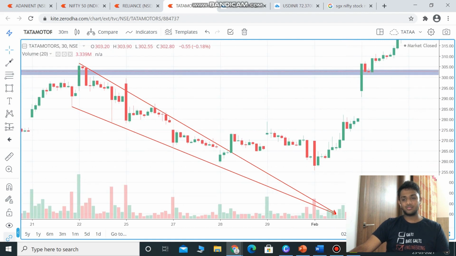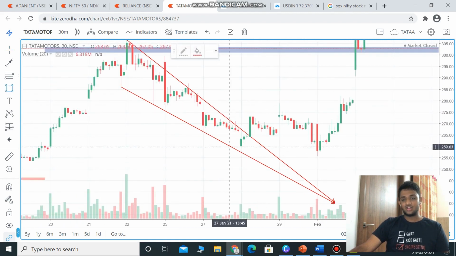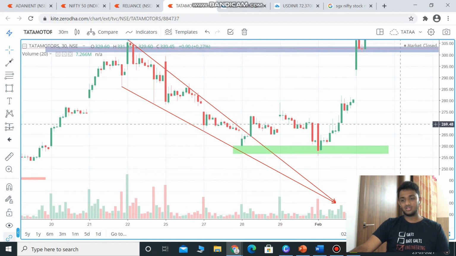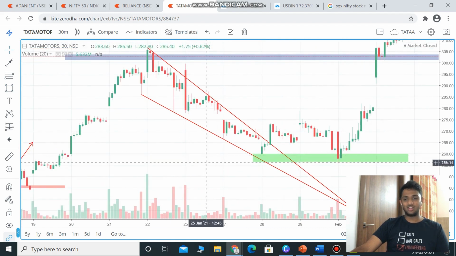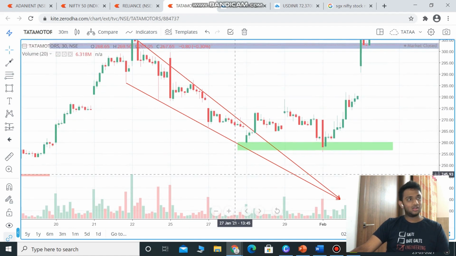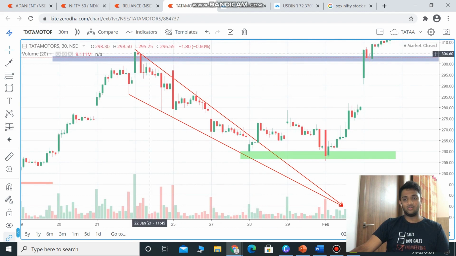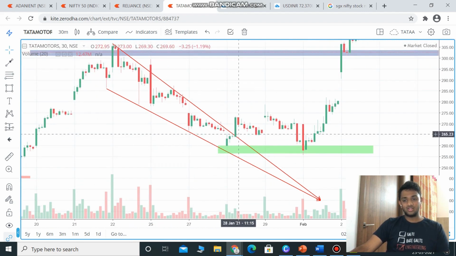Once you find a good support, okay, I'm sorry, I just went a little to the other side. This is called a wedge pattern, where you find good resistance and support when there is a breakout on